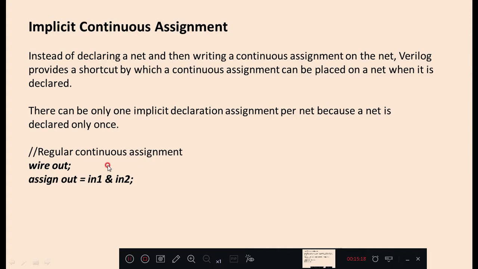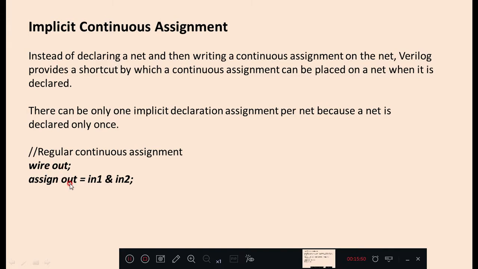Regular continuous assignment. If you observe, wire out, so first you have to define out as a wire or output. Once the declaration part is done, we write assign out equal to in1 ANDed with the AND operator ampersand in2. So this AND operation of in1 and in2 is performed and we are assigning it to out, which we previously defined as wire or net type.